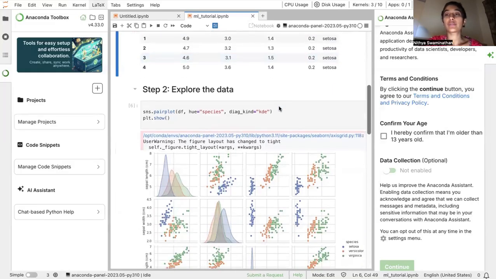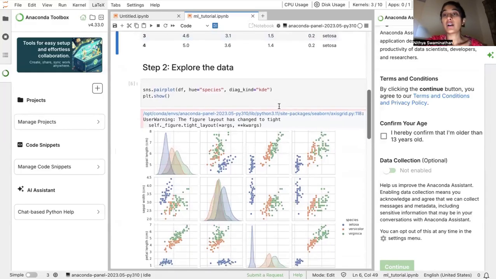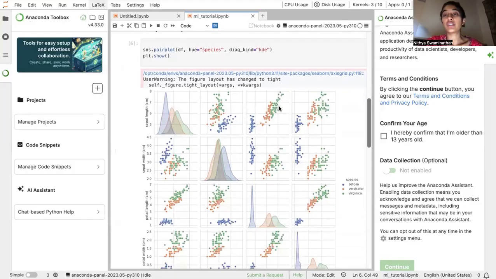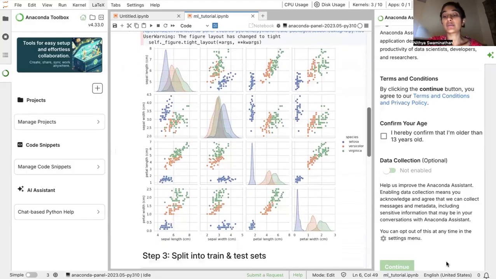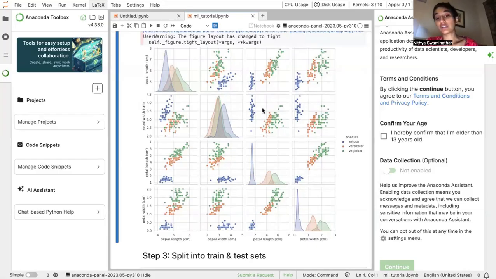Now it's time for exploratory data analysis. Before jumping into our modeling, it's critical to explore our data. Here we plot pairwise relationships between the features colored by species, as we can see in this legend here. Notice that some species are more well separated. It seems like the Setosa, or the blue species, consistently is more separate from the other 2